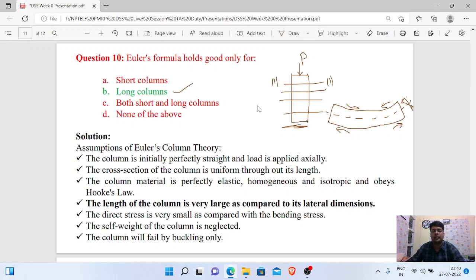I think I have tried to make these questions understandable to you, and for the first time I am using this online platform and this digital writing board. I know that my handwriting is not looking good here and my diagrams are not perfect. Sorry for this. I will try from the next class to make this more compatible.